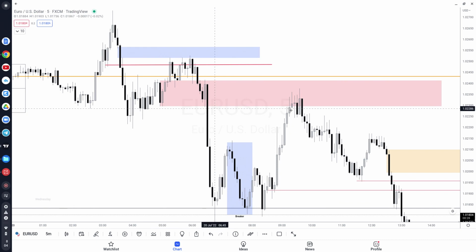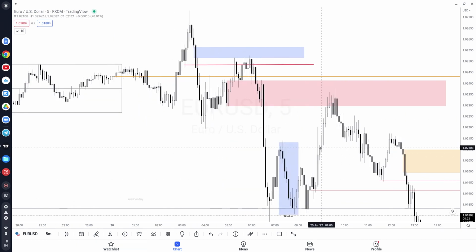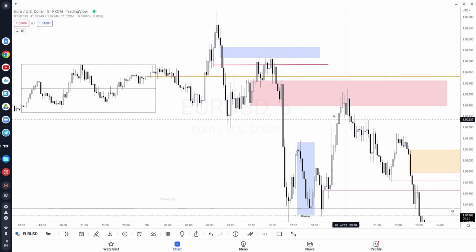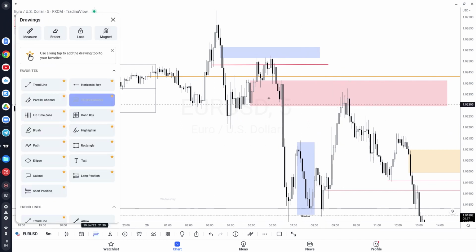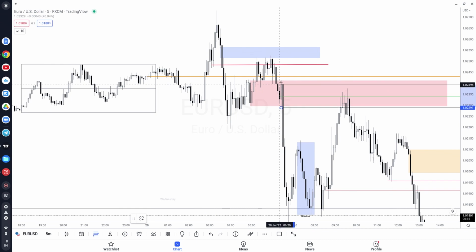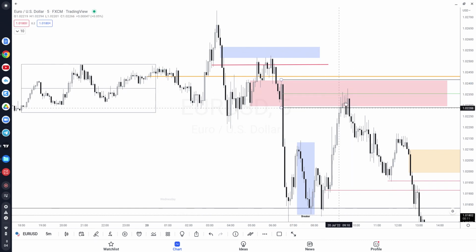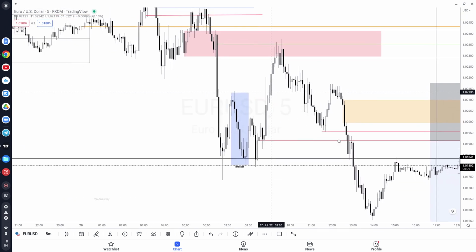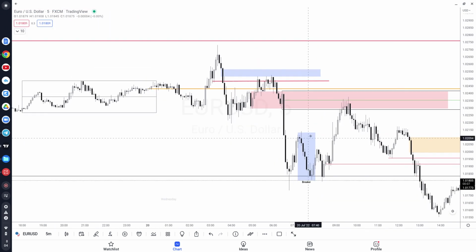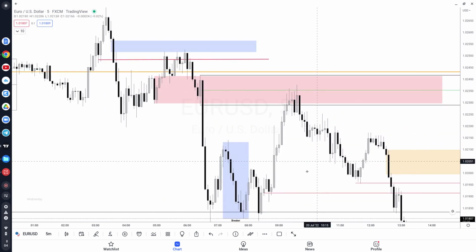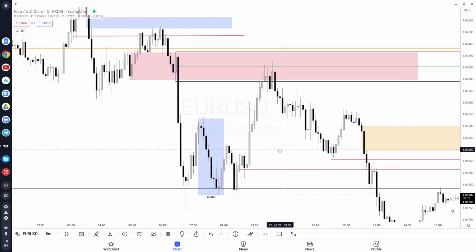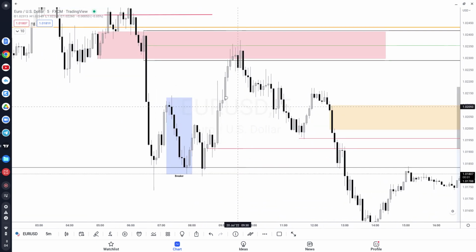Here's a fair value gap from here all the way down here, and then price pushes back up right at 9:30, and we trade, I want to say, to the mean threshold of this order block. Let's see. Yep. So right to 50% of that order block right at 9:30, and then price pushes away. So pretty easy day in terms of spotting the right price action on the euro.